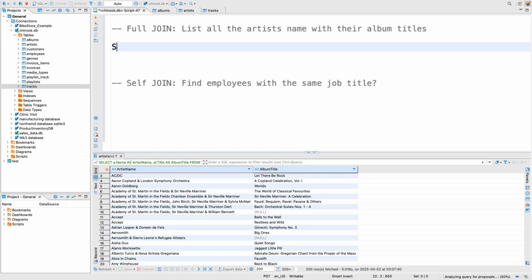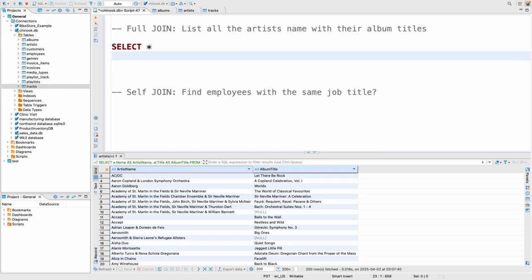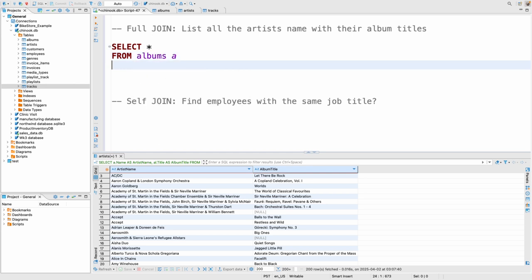So select wildcard, which is our asterisk, from albums, because we're looking at the album and the artist name. And we'll just do a full join artist on,